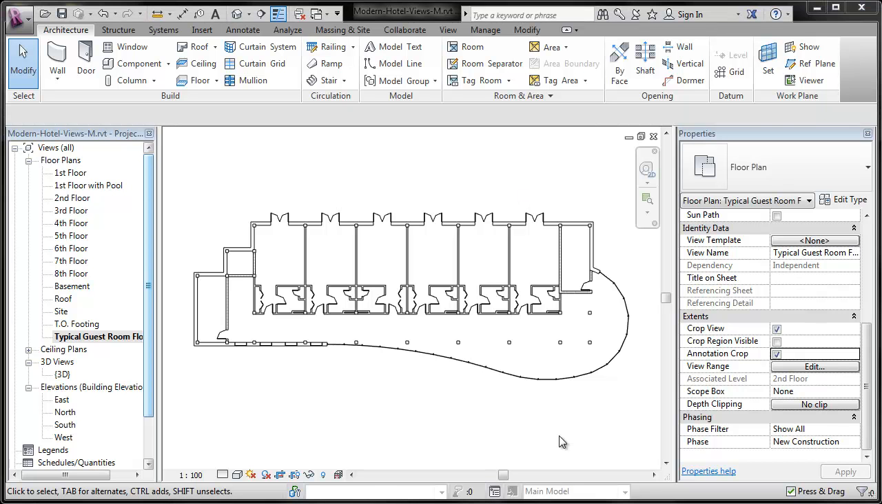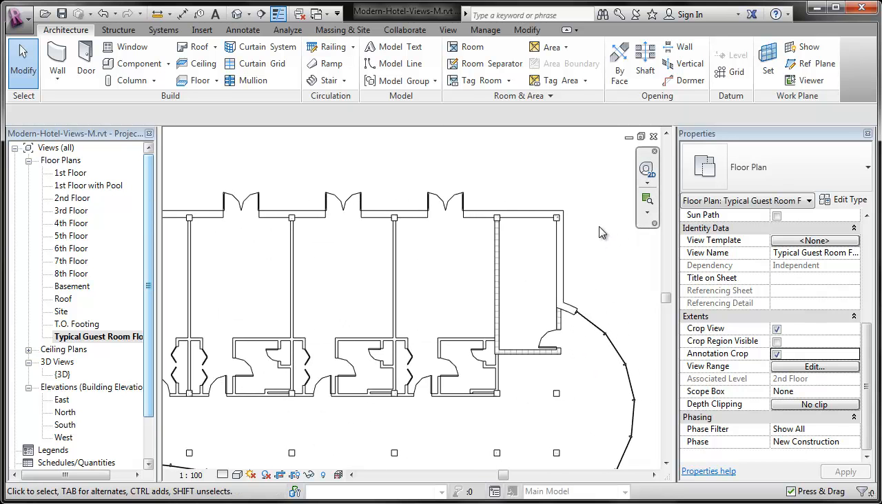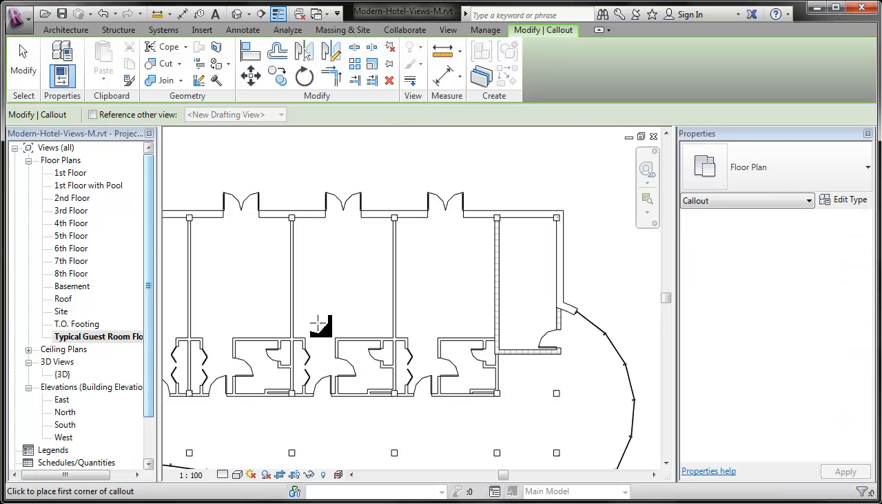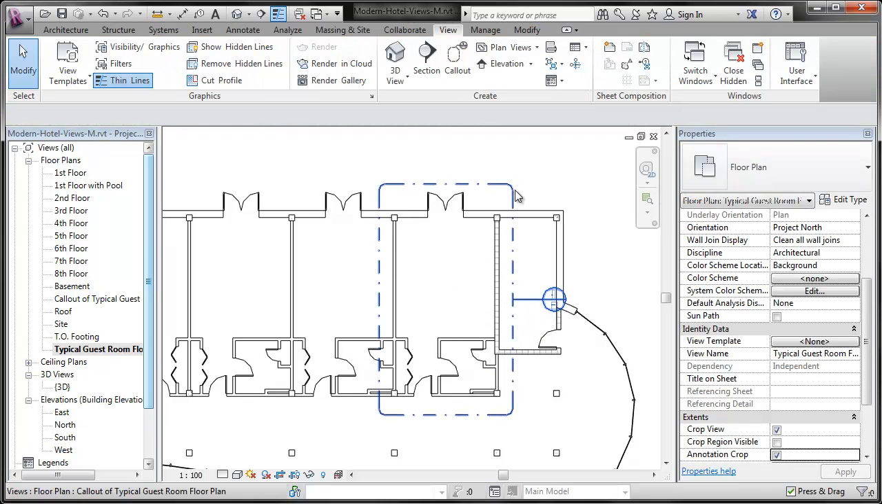Right, so for task number 2, we're going to be now adding a callout view. So on the same plan that we had before, we want to zoom into this area here a little bit, and we then go to the View tab, and then we want to make a callout. What we want to do is place a callout around this room here, so we click one point, and then we can pick another point,